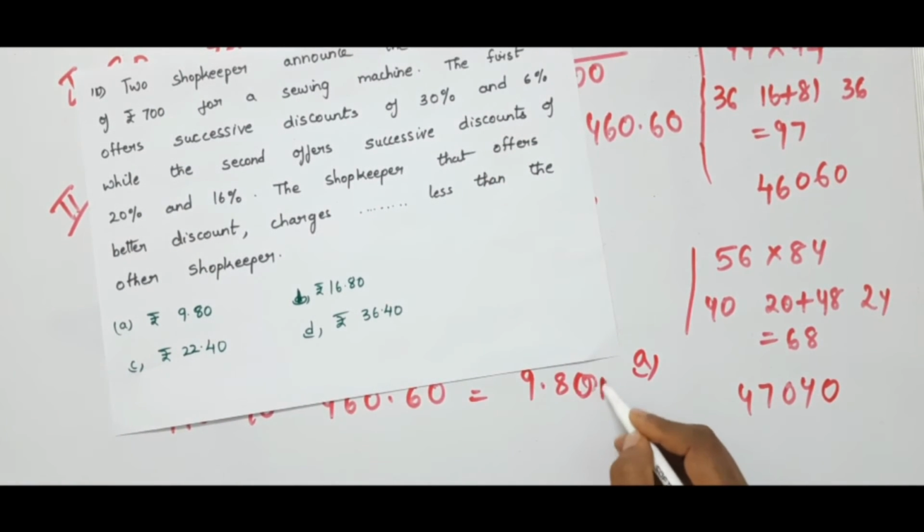Okay. So if this type of problem is given, that is involving successive discounts, and if they give the market price and ask for the amount of what one should pay to the other, and if they ask for the loss, the terms may be different. The only thing is you have to find the difference. Okay. In this way you have to solve this type of problems. Now let us go to the next problem.